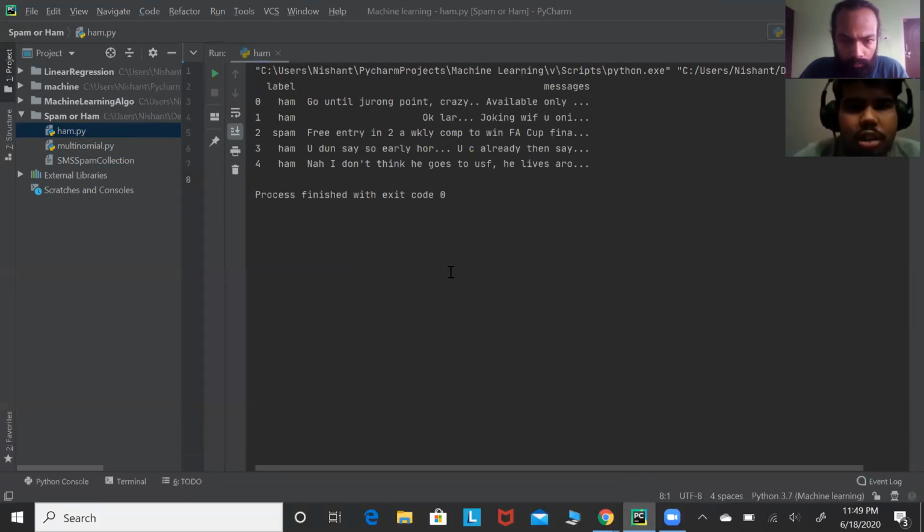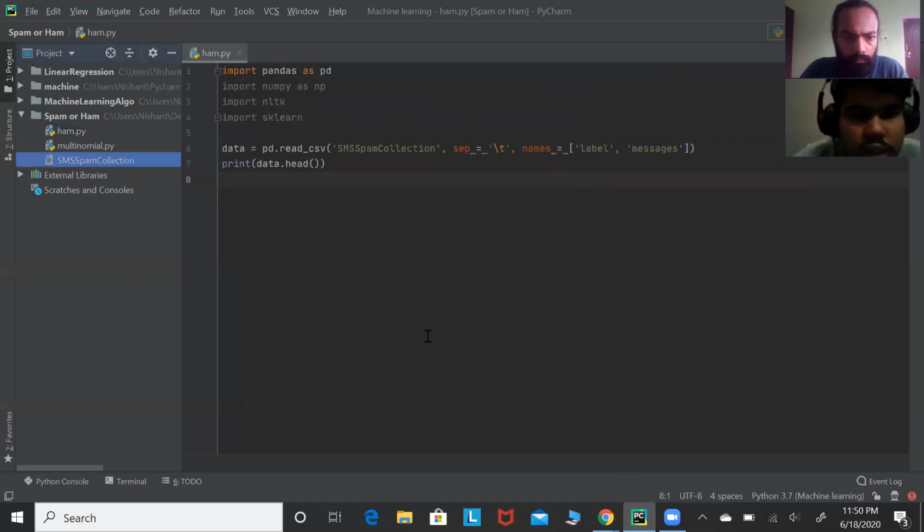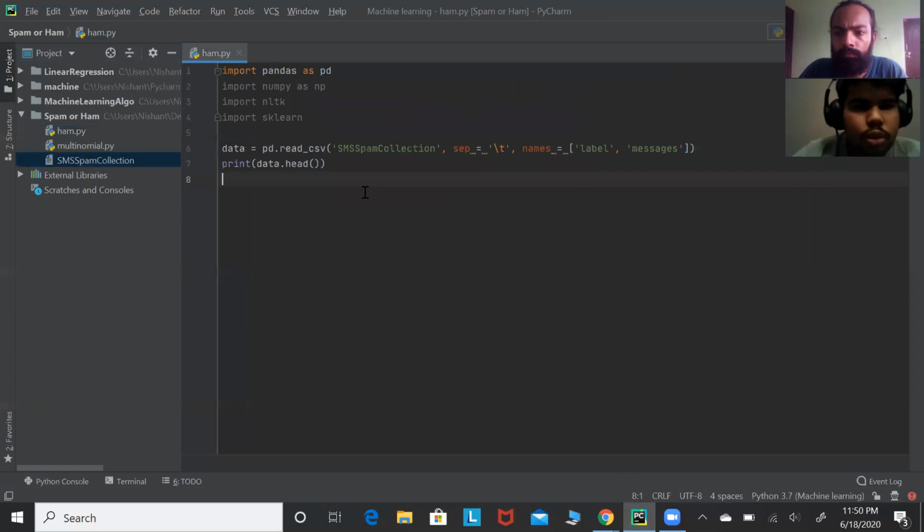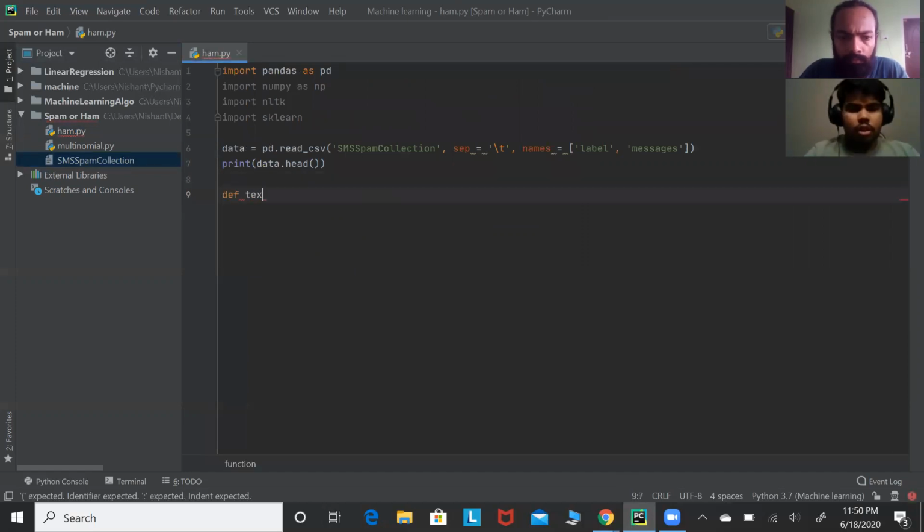Now what I'm going to do is remove all the unwanted stuff in my messages, like all this punctuation, all these stop words like your or had, which have no actual meaning. So I'm going to remove all of these things. I'm going to write a function to do all of that. I'm going to make a function text